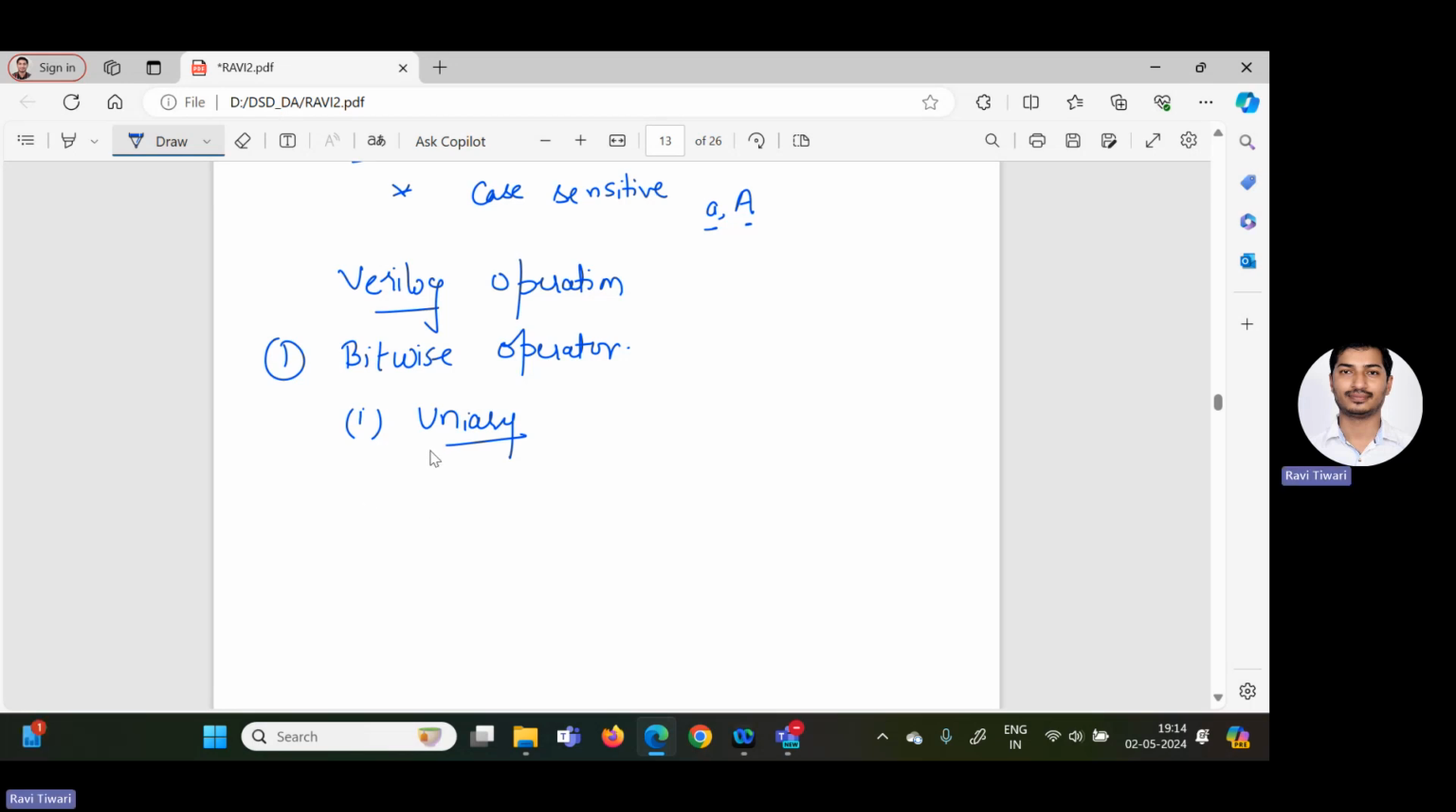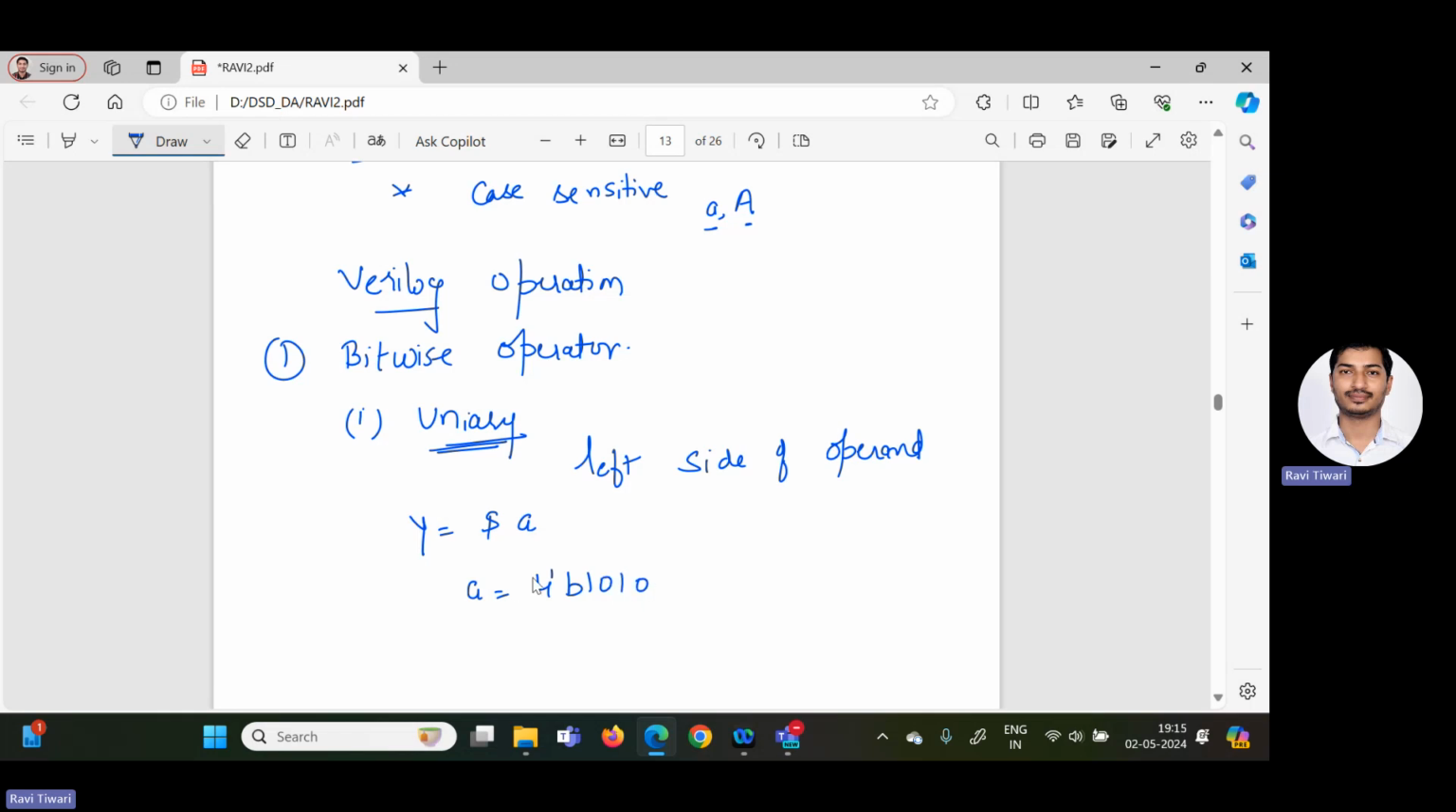And how do we write the unary operator? It is always written on the left side of the operand. Just like if you want to write the AND operation of A, I will write Y is equal to AND A. What does it mean? Here, for example, I am writing A is equal to 4'b